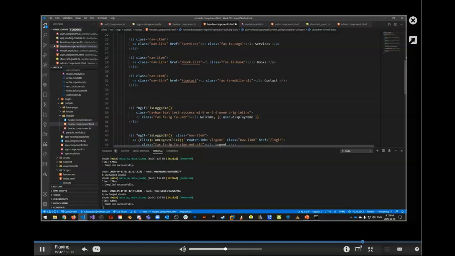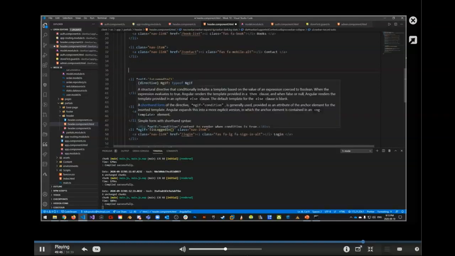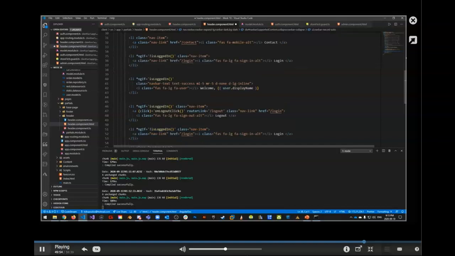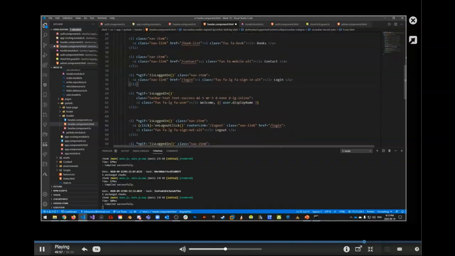Okay, so we're going to do a similar thing. I'm going to grab a link because I think these links are better, and I'm trying to look and see which is the most compatible. I think this one might be the most compatible with what I want to do. All right, so yeah, I think this is good. So we have this. It says if is logged in this time. It's a nav item. Cool. Nav link. Here's nav link, which is the type, and then the thing here is